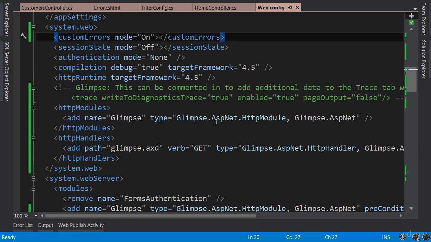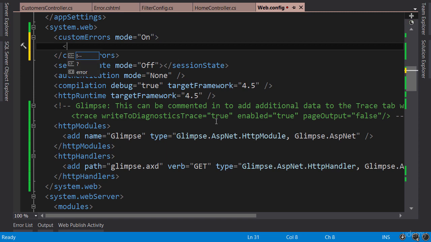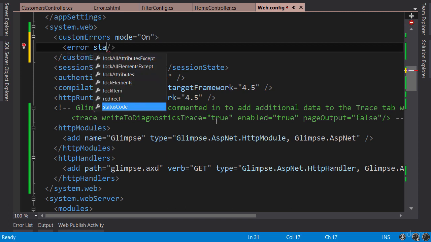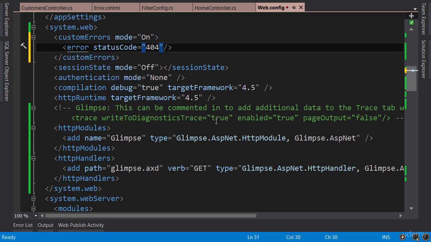Back in web.config, inside custom errors, I'm going to add a child element. Error, status code 404. We want to redirect the user to this file. So in case you don't know, this tilde character represents the root of the site. So with this, we're telling MVC framework that if it encounters a 404 error, it should redirect the user to